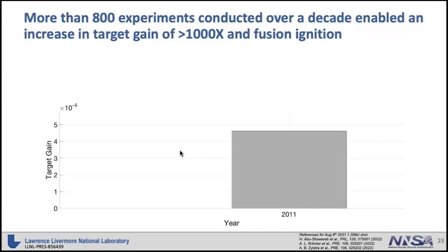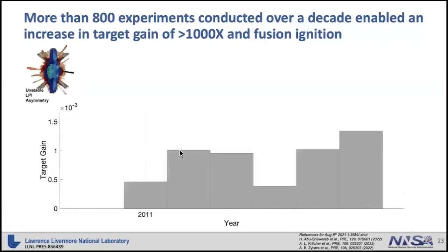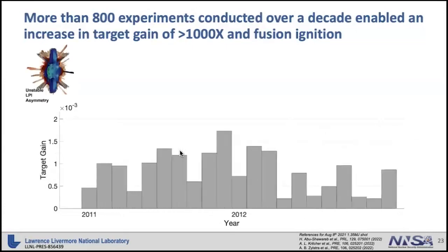Each bar, so this plot will be populated with bars. Each bar is one experiment. They will change colors, don't worry about that. This is different experimental platforms that we tried. It's not relevant for this talk. But notice that the target gain here, we're starting at less than 0.1% efficiency, and we want to get to 1. That's the goal. All right, so in 2011, or actually late 2010, I think, we did our first experiments,